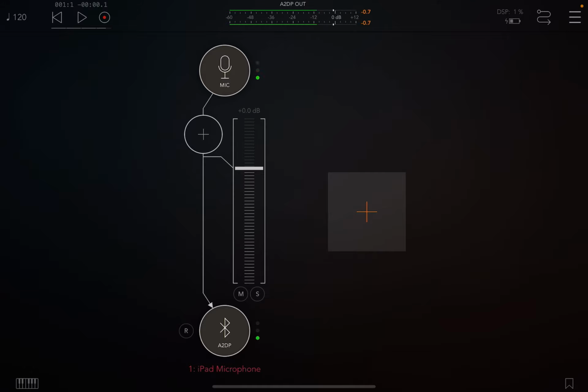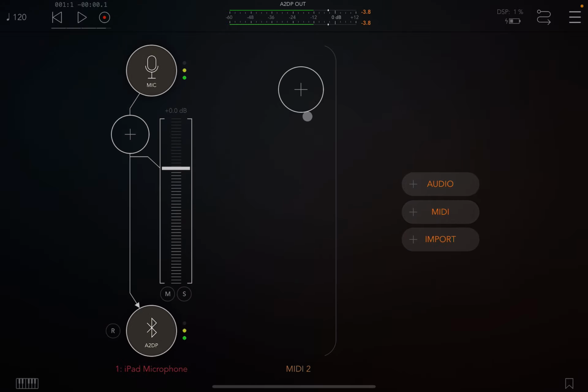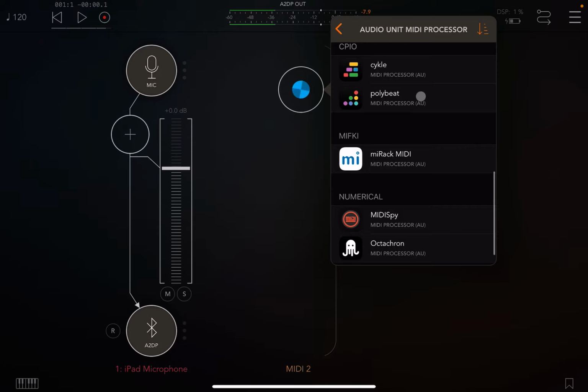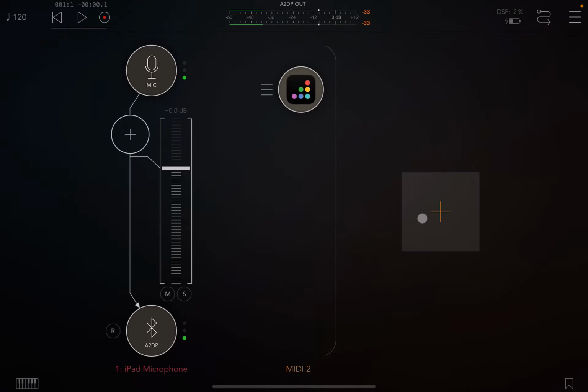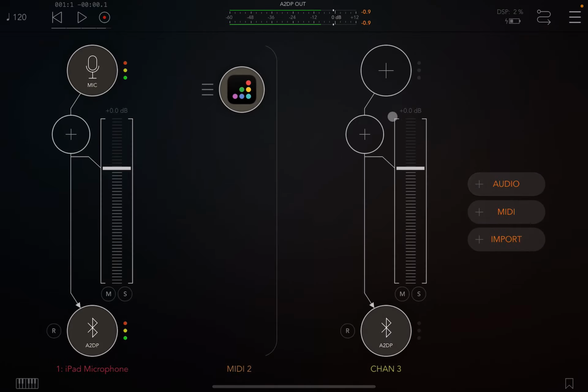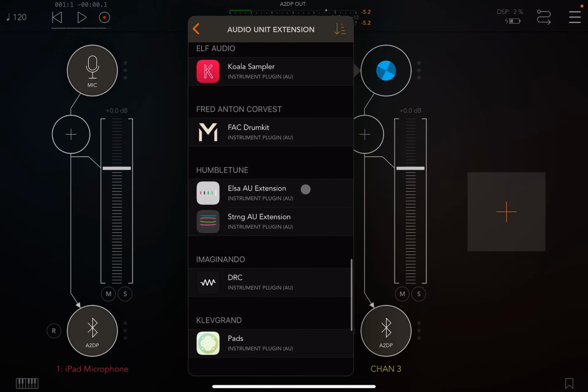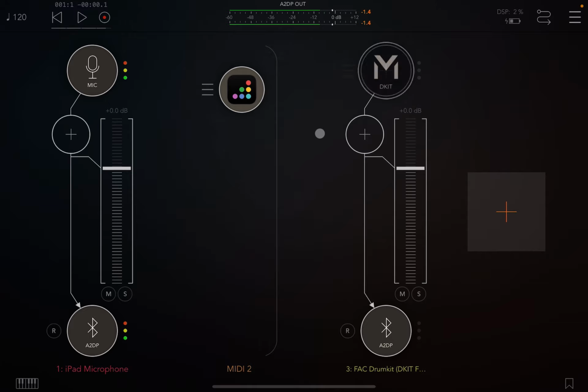Hi, in this video I'd like to show you how to connect polybeat to a MIDI drum app in AUM. So I can load up an instance of polybeat, create a MIDI channel, find polybeat in the list and create an instance. And then I will create an audio channel and load up an AUv3 drum app, for example